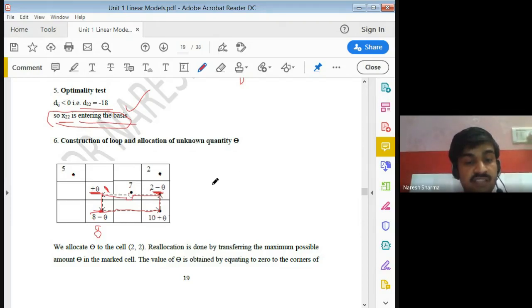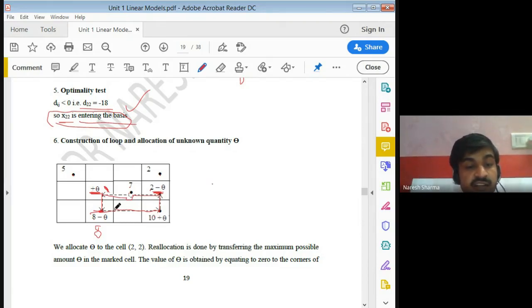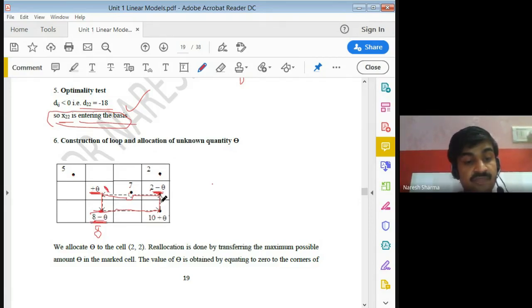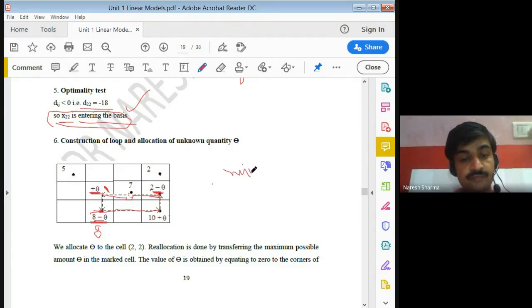So after doing this, you see here we have the two adjusted values, that is 8 minus theta and 2 minus theta. Now you can choose the minimum of this 8 minus theta and 2 minus theta,